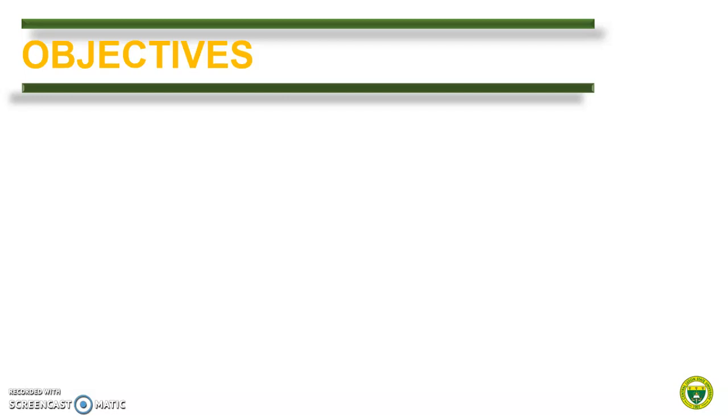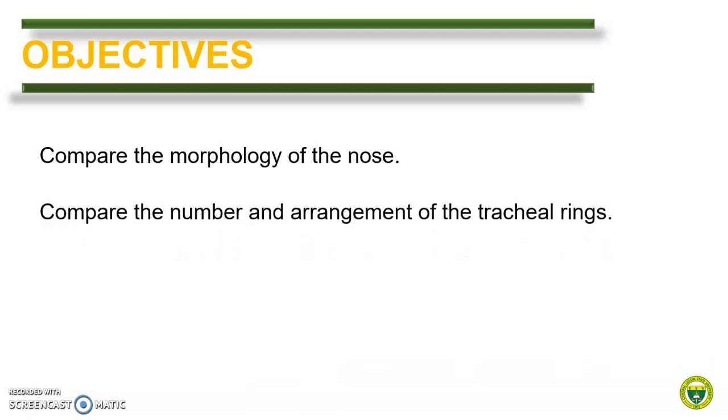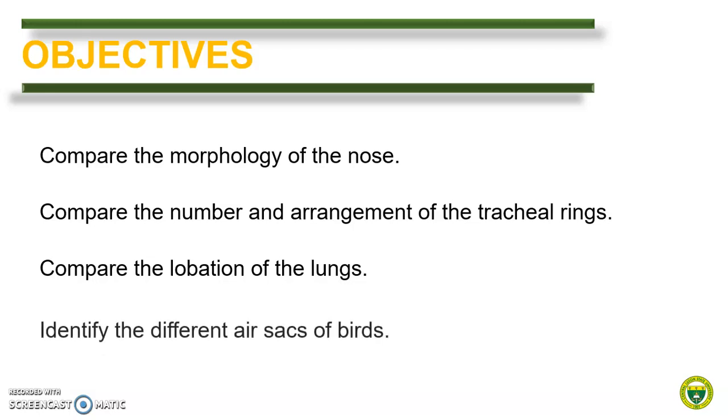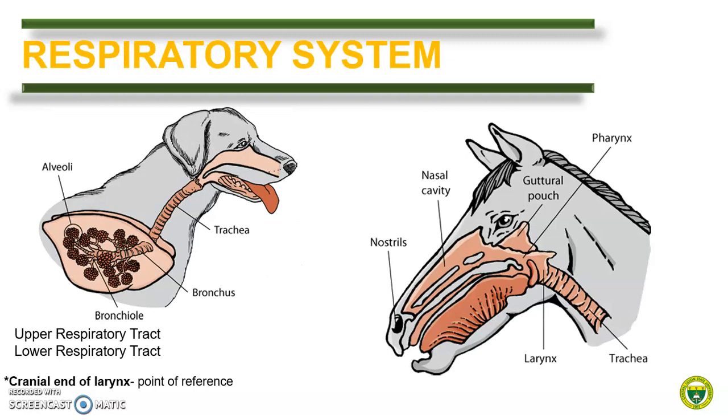At the end of this module, each student should be able to compare the morphology of the nose, compare the number and arrangement of the tracheal rings, compare the lobation of the lungs, and finally identify the different air sacs of a bird. As we learn from the gross anatomy, the respiratory system is essential for gaseous exchange between air